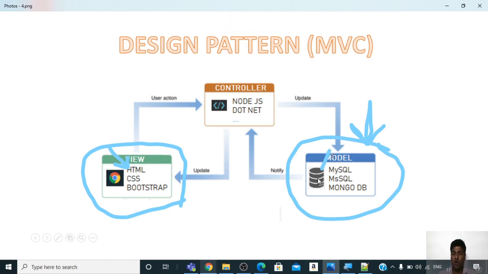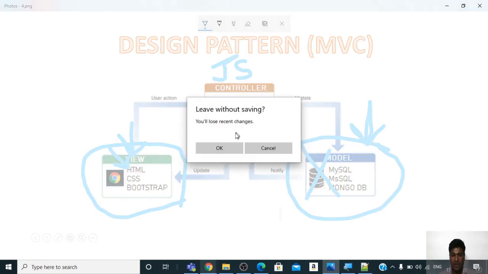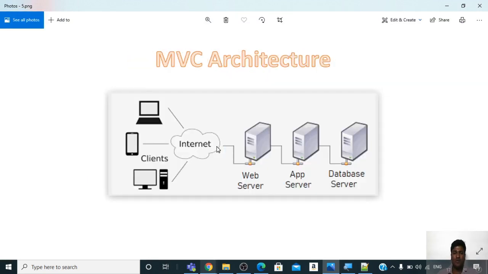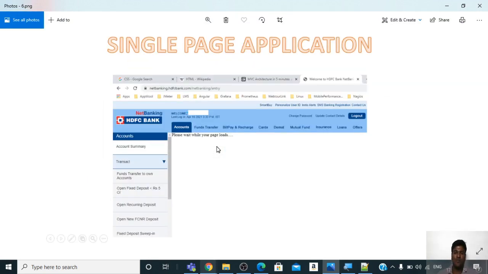Again, do not go deep into these things if you are just a starter or newbie. I would suggest you first grasp HTML, CSS, Bootstrap, and JavaScript. These are enough languages to understand for starting to build a web application. Before we close this chapter, there is one more thing which I want to discuss, that is single